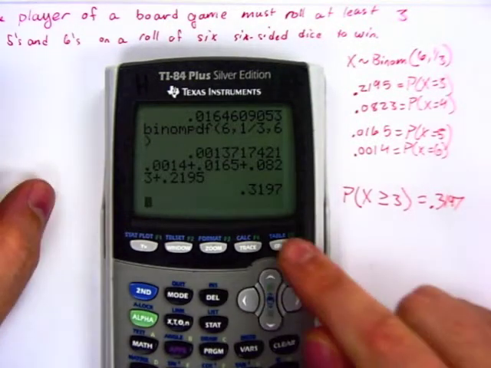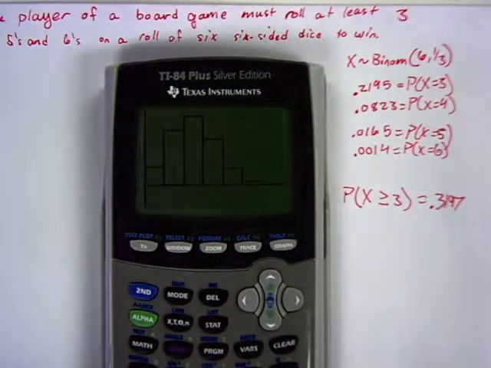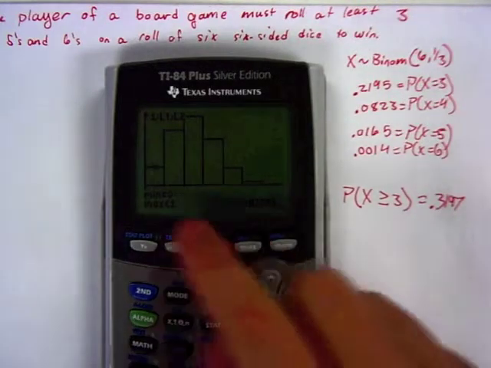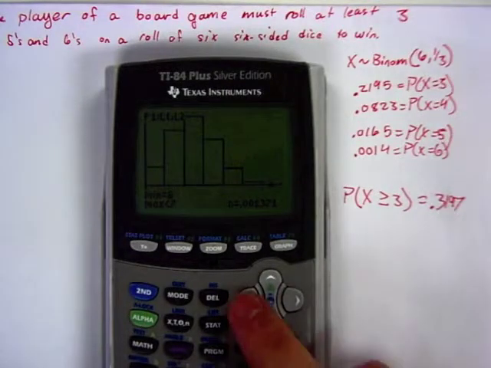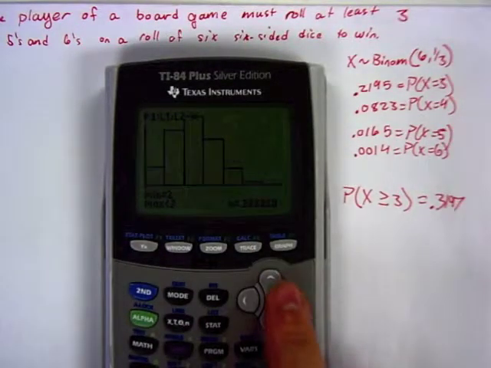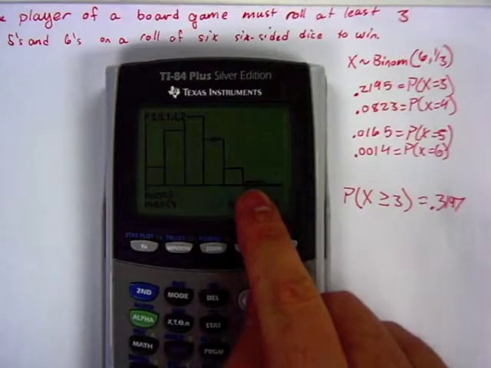Before we do this, it's a good idea to have an idea of what the binomial distribution looks like. And here it is. Here's the probability that we get exactly no successes, exactly 1 success, 2 successes, 3 successes, 4 successes, 5 successes, and 6 successes. With this picture in mind, you can see that if we want at least 3 successes, 0, 1, 2, 3,